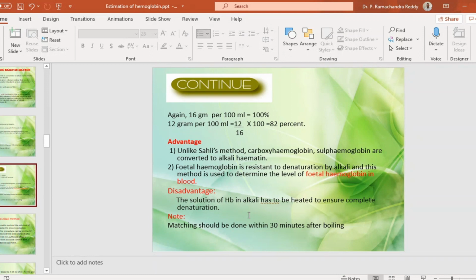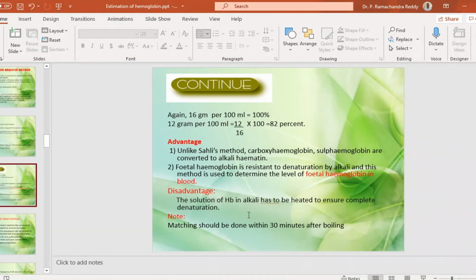Then fetal hemoglobin is resistant to denaturation by alkali, and this method is used to determine the level of fetal hemoglobin in blood. So that means fetal hemoglobin can be measured by using this alkali method. Okay, then the disadvantages with this method is that the solution of the hemoglobin in alkali has